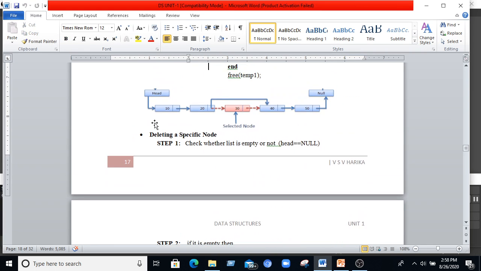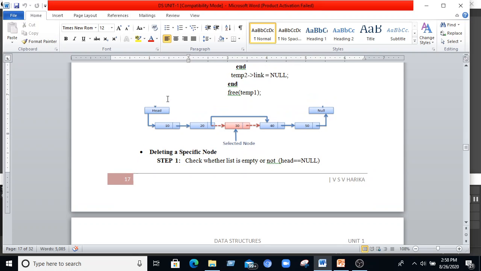For a specific location, first we'll check whether the list is empty or not. If it is empty, we'll print that the list is empty. If it is not empty, we'll move to the specific location.